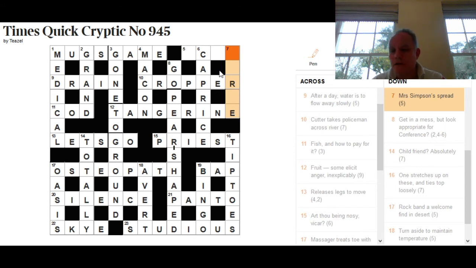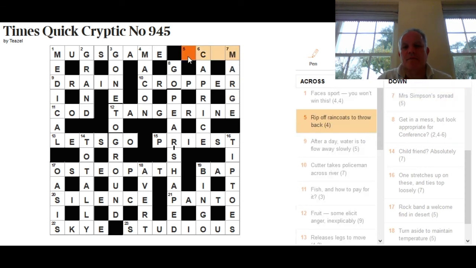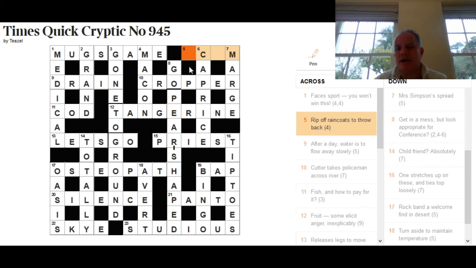Now, spread can be a verb, but it can also be an adjective, and it can also be a noun, in which case it's something that you spread on something. And I hope you've thought about The Simpsons, in which the name of Homer's wife, Mrs. Simpson, is of course Marge, which is short for margarine, and another definition for that is spread. So it's a kind of double definition, although I guess the first definition is more a pun again. Nice answer, and not the first time I've seen Marge clued as Mrs. Simpson, but a nice bit of very slight misdirection about the clue.